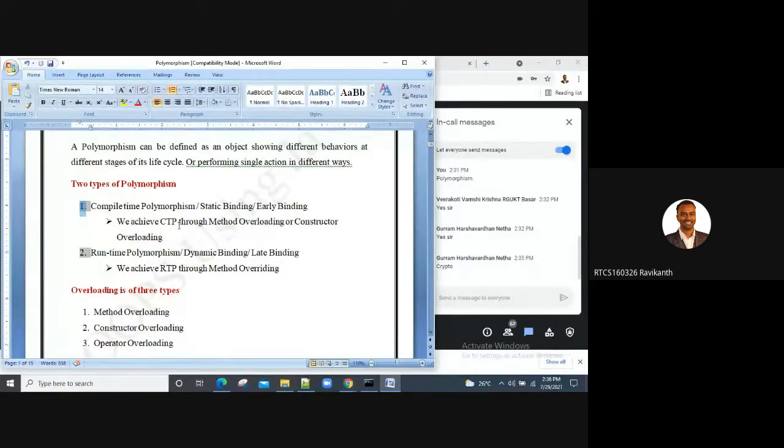Then runtime polymorphism, or dynamic binding, or late binding, we achieve by the help of method overriding. So our class for today is all about method overloading, constructor overloading, operator overloading, followed by method overriding.